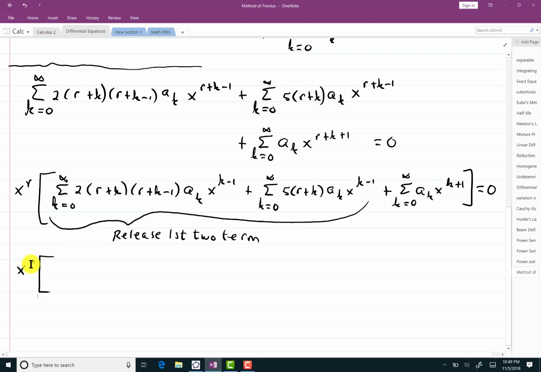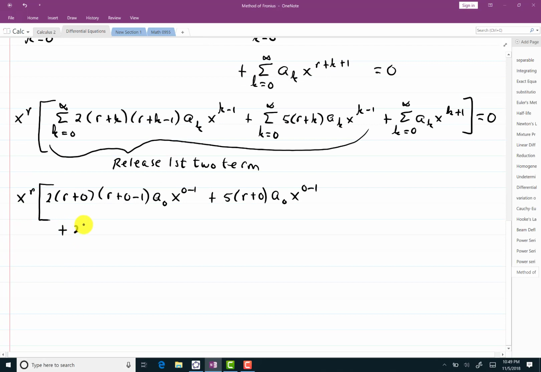So let me get my x to the r out here. You can, for the most part, ignore this thing. It doesn't have any use for the rest of the problem until I write the answer down. This part right here, when I put in k equals 0, I'll have 2 times r plus 0 times r plus 0 minus 1, a sub 0, x to the 0 minus 1. That's the first term from there. Let me release the first term from here. Plus 5 times r plus 0, a sub 0, x to the 0 minus 1. Now let me release a second term from each of these series. Then I'll have plus 2 times, now k is equal to 1, so 2 times r plus 1, times r plus 1 minus 1, attached to a sub 1, x to the 1 minus 1,